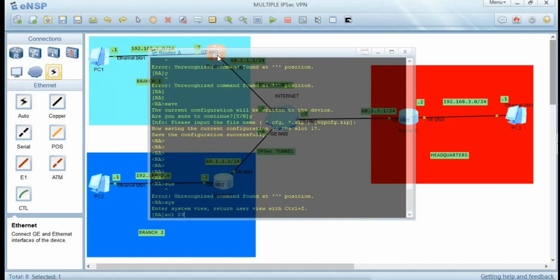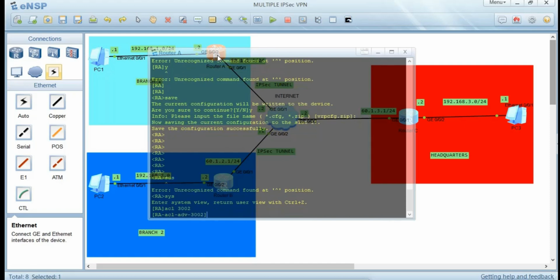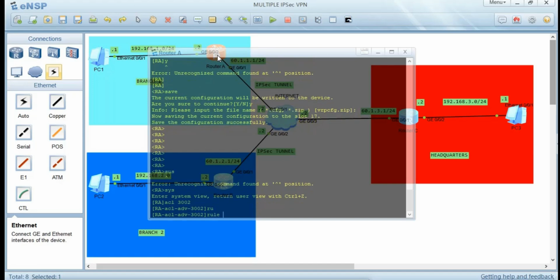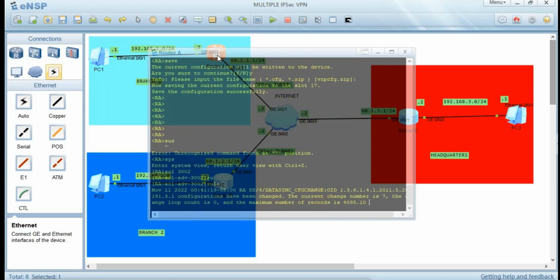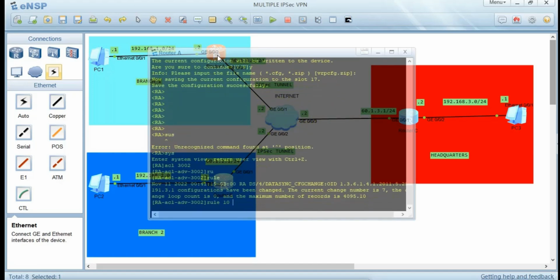ACL 3002, the network. We are going to set rule to 10. Then we tell it to permit